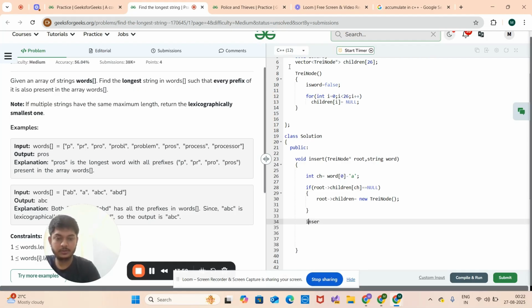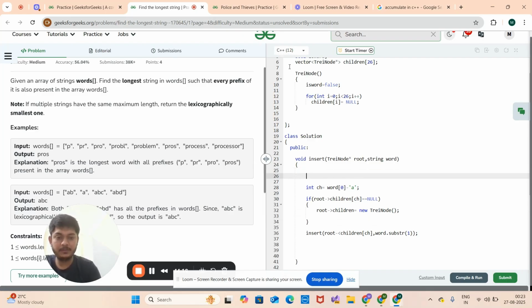insert, return. We just pass insert root of children of ch. After that, word dot substr 1. That means we will be removing the first character of the word that we have already pushed into the trie node. And here the base case will be this. Actually, I'm inserting using recursion. If word dot size